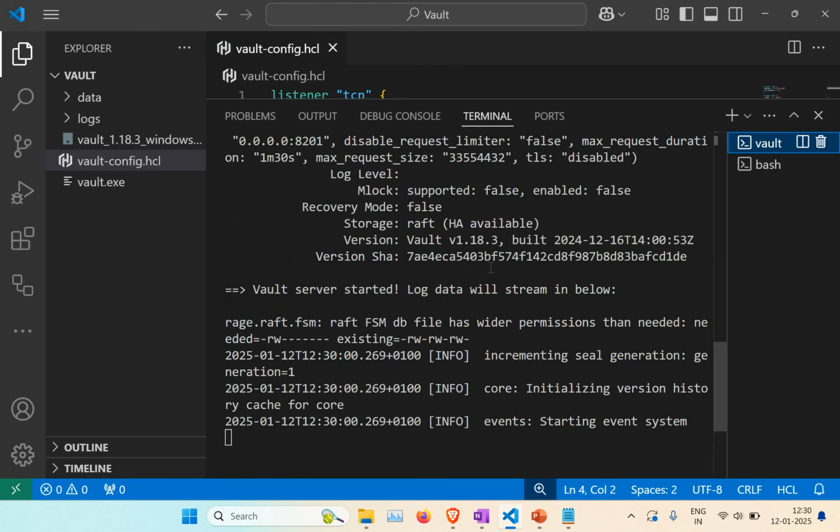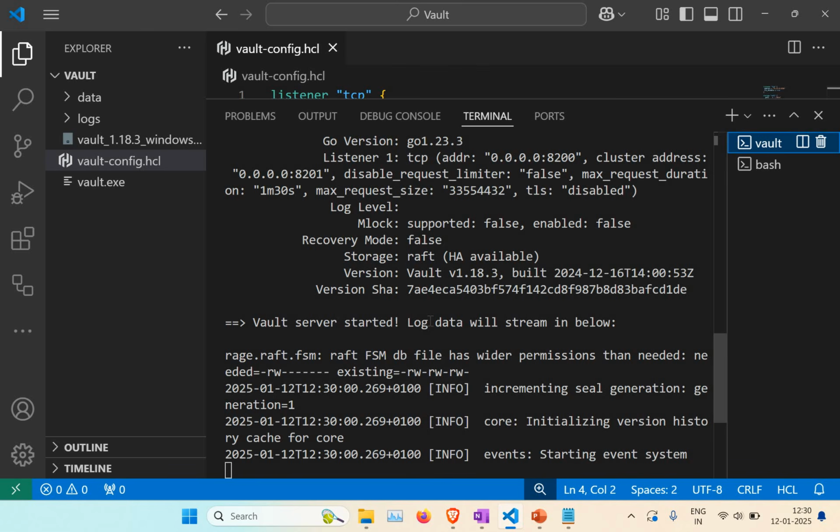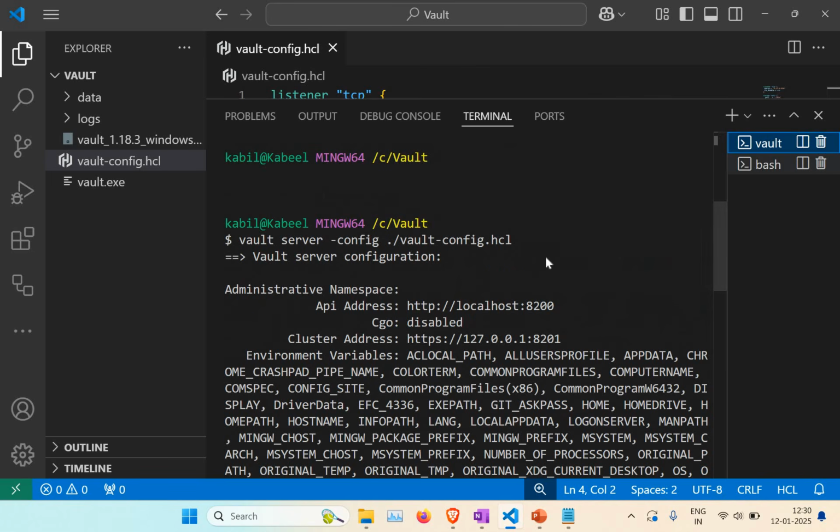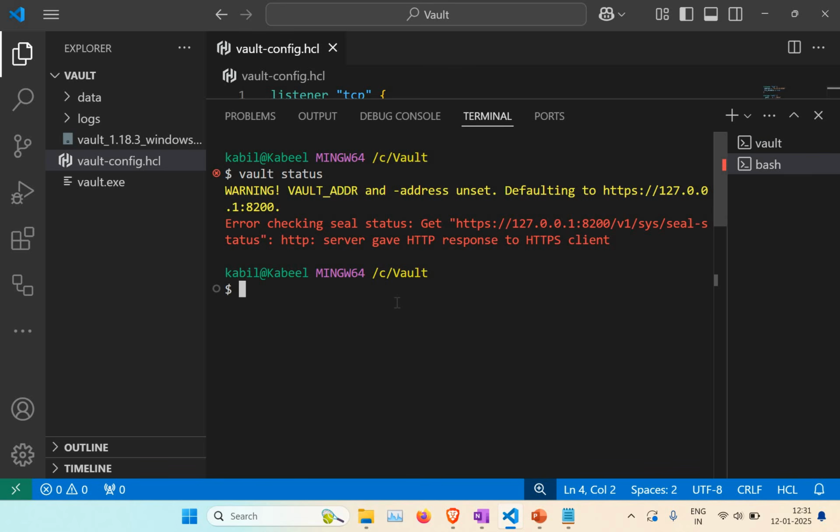Okay, now if you see here, we don't see the seal or unseal key, root keys and everything because the vault is actually sealed and we need to unseal it. The first step is I want to export the vault address so that I can set this localhost to 8200. So vault, okay, this is the address it's looking for. And then if I see vault status,